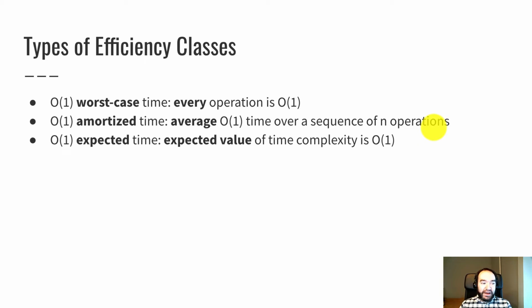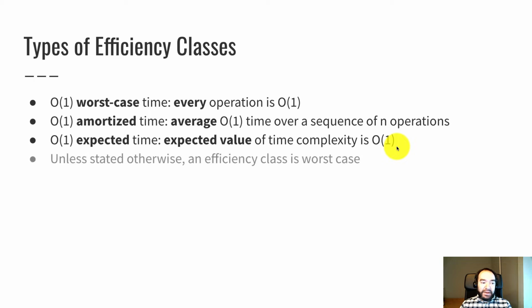that's why that is a constant amortized time operation. What we're introducing now is another one of these qualifiers or variations called expected time. Big O of 1 expected time means that the expected value of the time complexity is big O of 1. Expected value is a concept from probability or statistics that says basically what the weighted average of a random variable